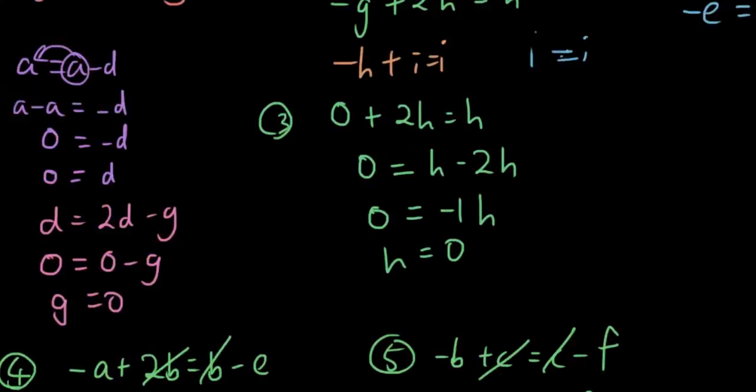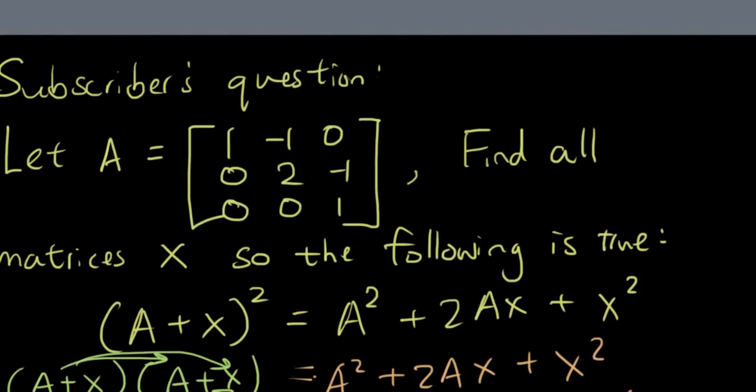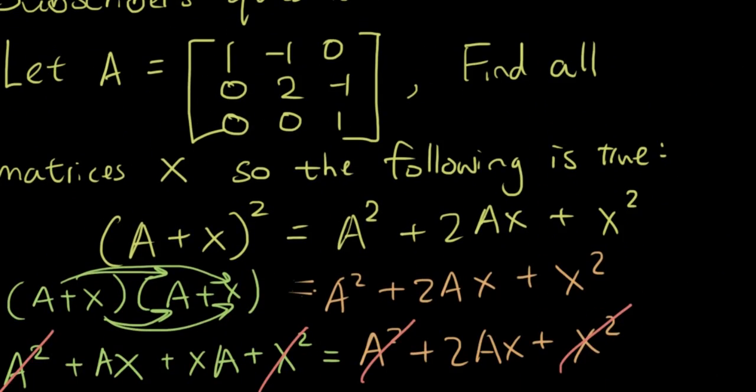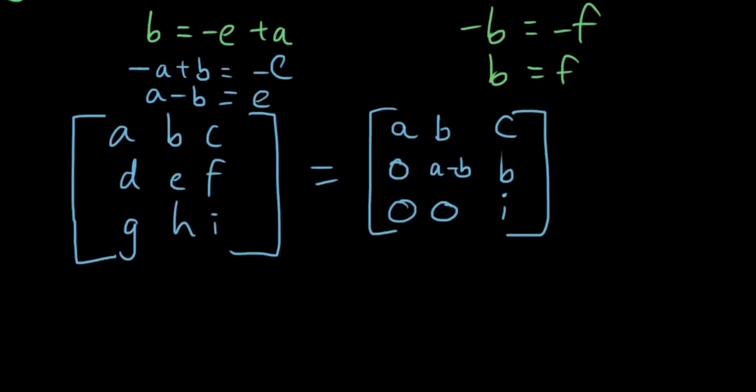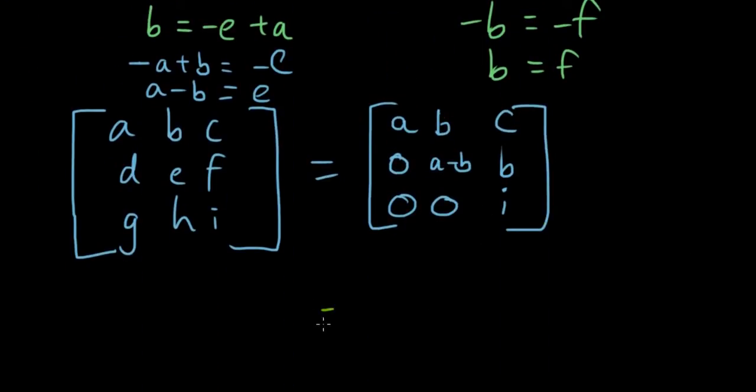Okay, so this is my matrix, the general form of matrix X. Basically you can substitute any real number you want into these A, B, and C, and you just have to make sure these two middle numbers come from A minus B and B from the second element. So an example of that would be